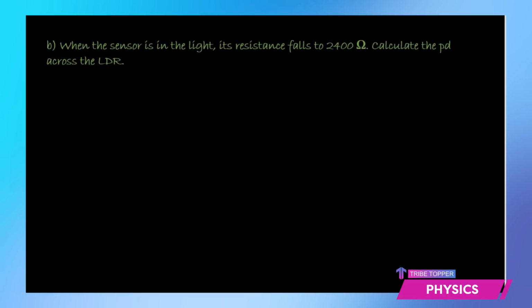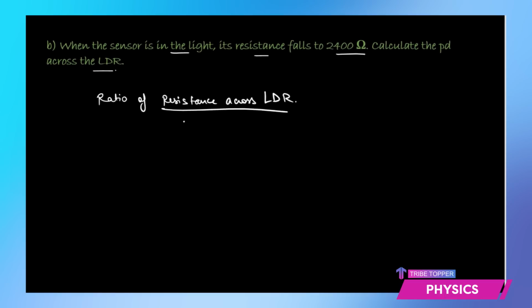And in the B part, they say when the sensor is in the light, its resistance falls to 2400 ohms. So calculate the potential difference across the LDR. Now see, whatever is the ratio of the resistances of the LDR to the fixed resistance, the same will be the ratio of the potential difference across the LDR and the fixed resistance. Now the ratio of resistance across the LDR upon the resistance across the 1800 ohm resistor is equal to 2400 upon 1800, which gives